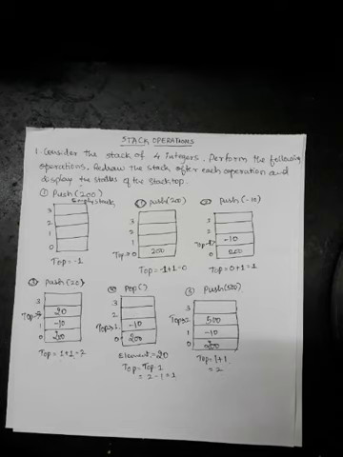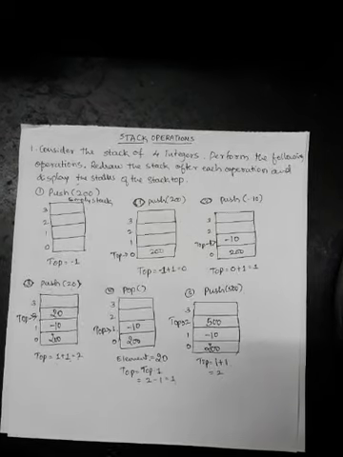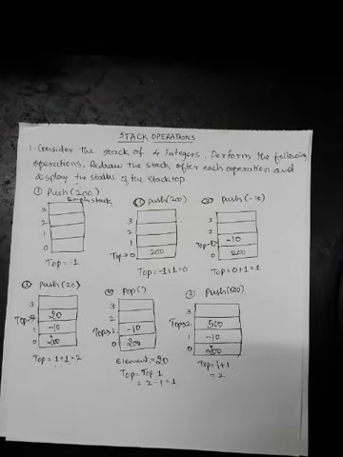Basically we perform three types of operations on the stack. First operation is push, second operation is pop, third operation is display. Push operation is used to add only one element into the stack. Pop operation is used to remove one element from the stack. Display is used to see the contents of the stack, to display all the contents one by one of the